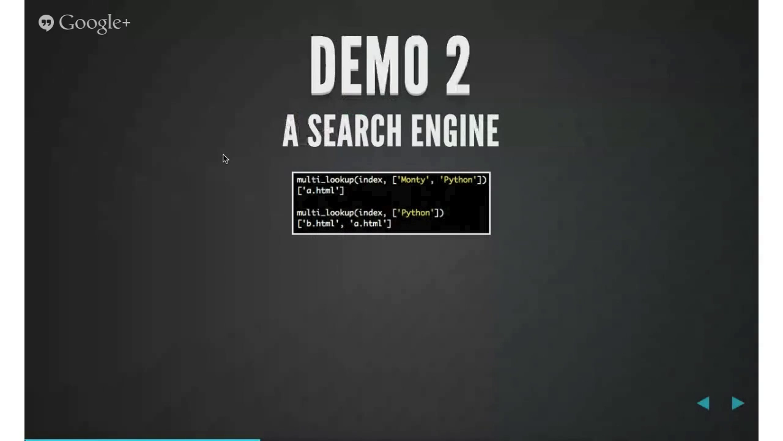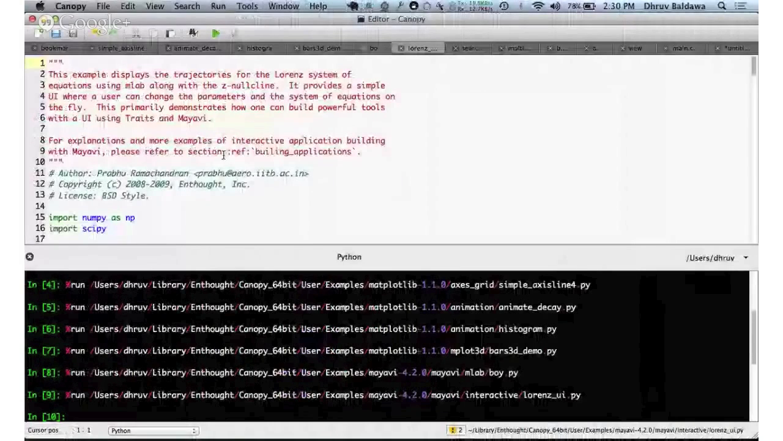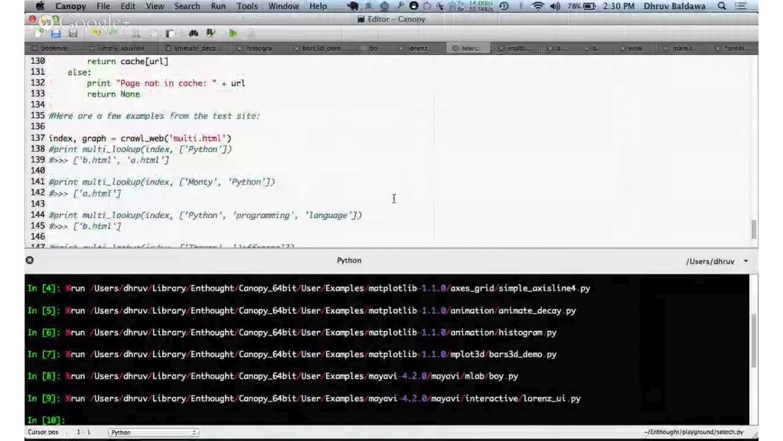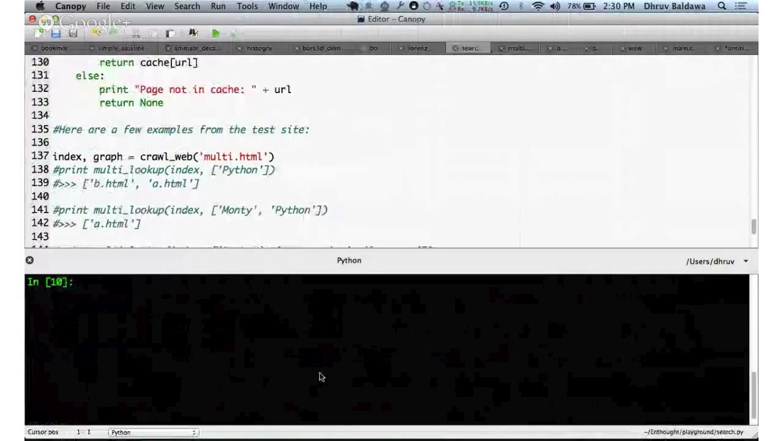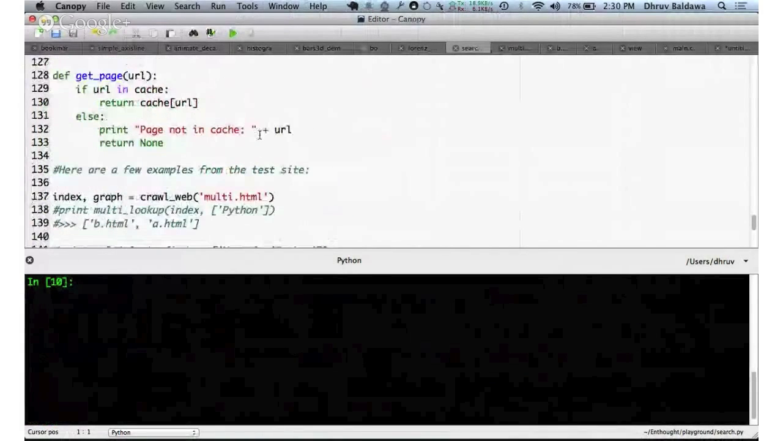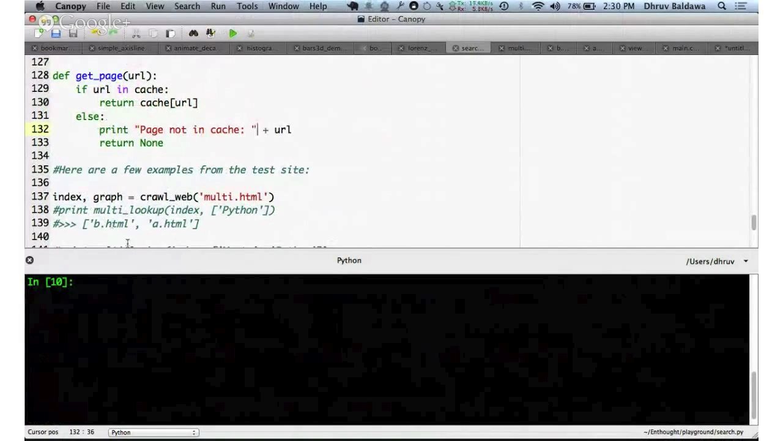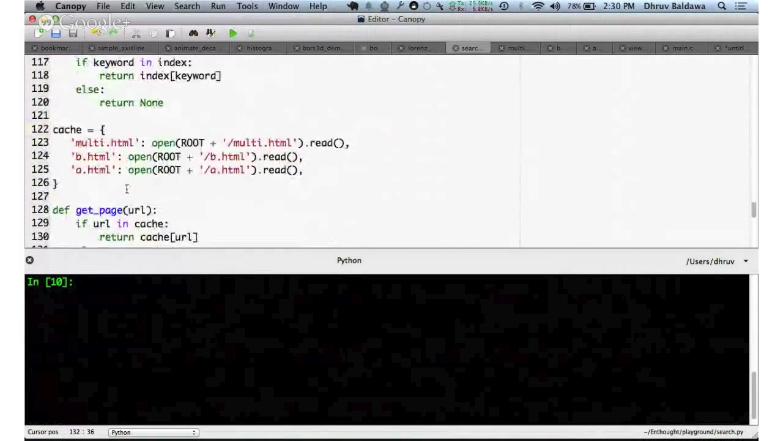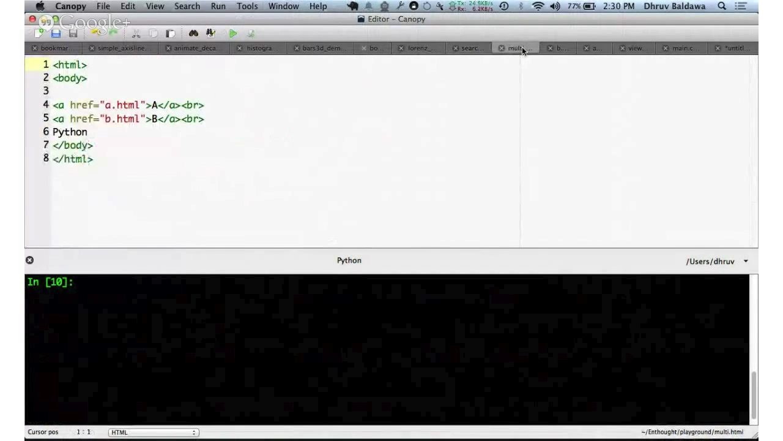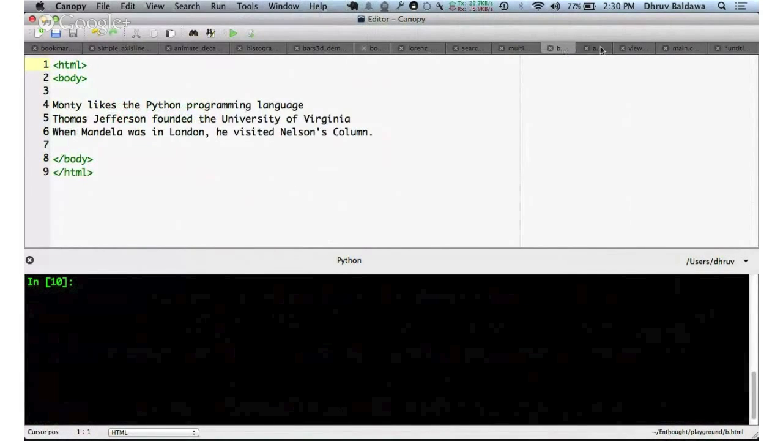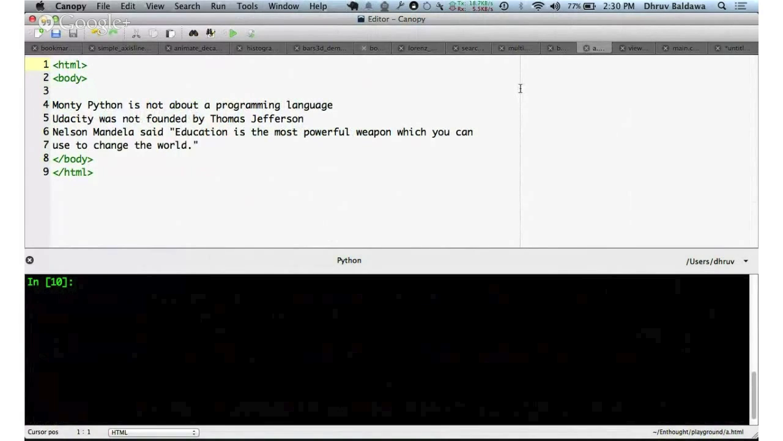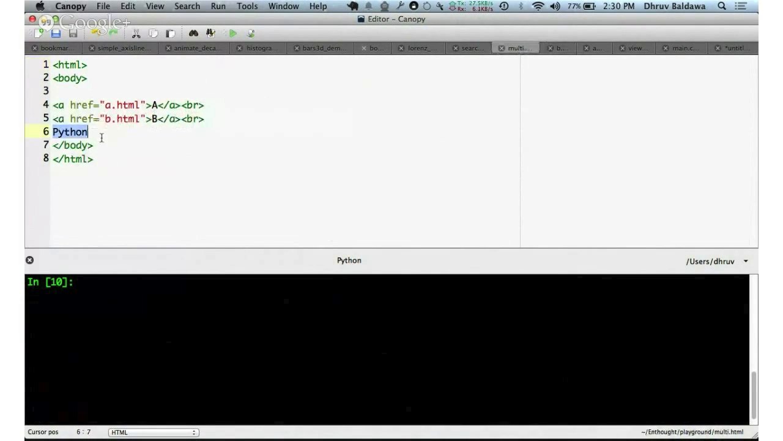So this is a search engine I wrote for one of the online courses on udacity.com. This is a search engine with roughly 137 lines of code. What it does is I have three files. One is multi.html, one is b.html, and a.html. Okay, these have some text in them. So I'm just going to try